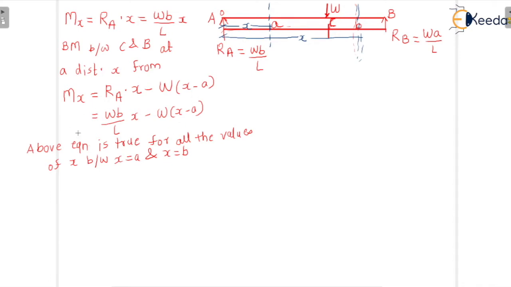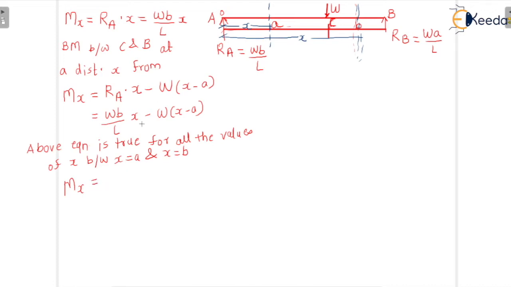By using this particular equation, we can calculate the bending moment for all the sections of the beam, and it can be written as M of x equal to